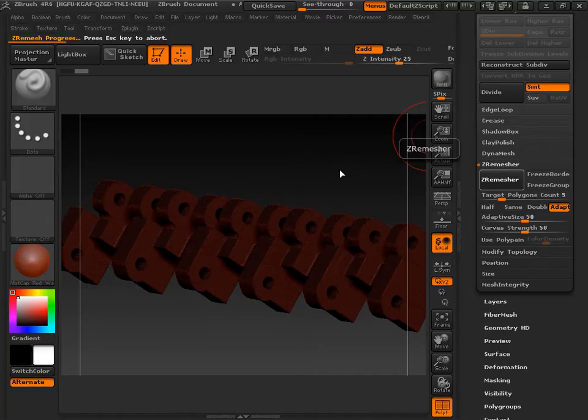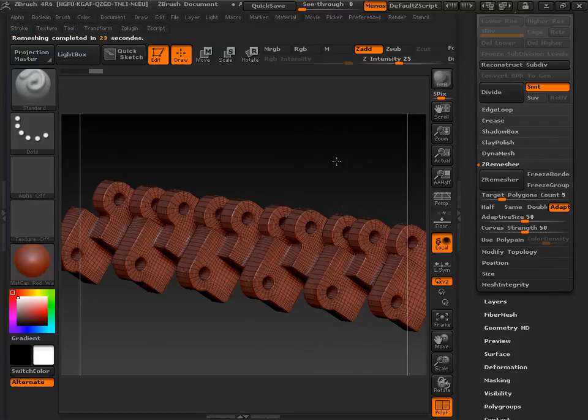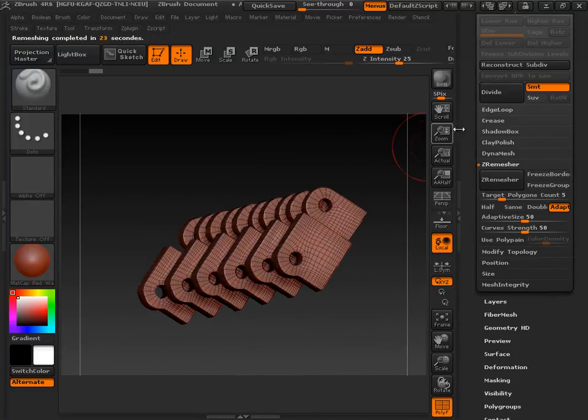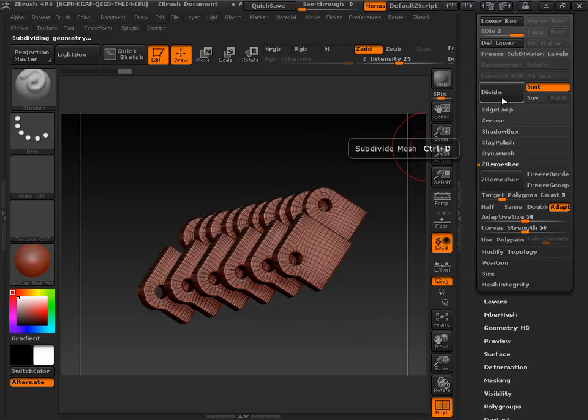This looks at the form and gives you really awesome topology that can be divided after the fact, and if you wanted to stylize a piece, you could. This one would probably be a poor example of stylization, but a phone case would be a good example. So here we go. Now it has really good topology, and now I can divide it further,